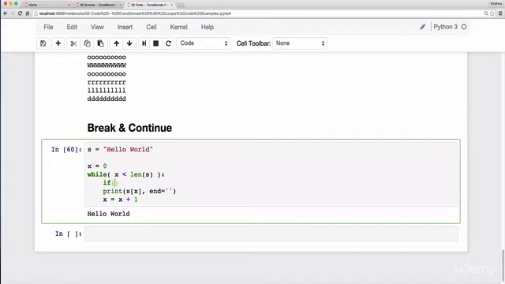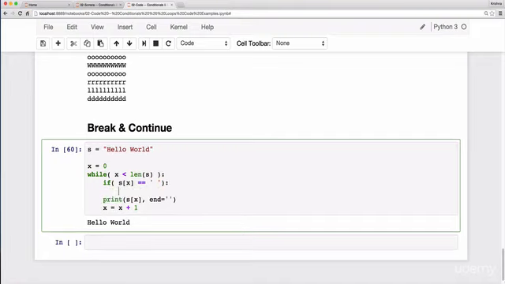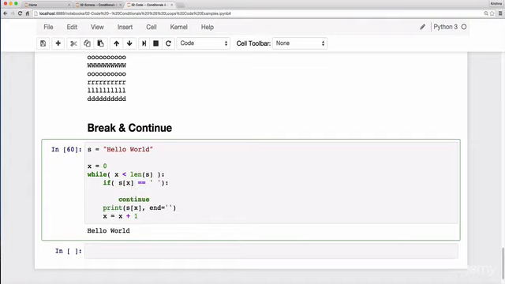We'll say if s of x equal to space, I'll just say continue, means don't print it, go to the next iteration. But because this is a while loop, it's very important you must increment x here. If not, it will go into a forever loop. x equal to x plus 1,